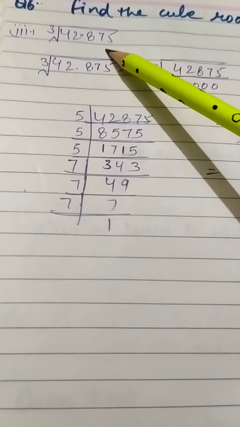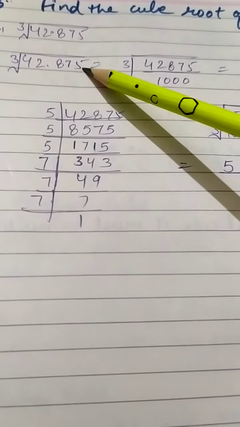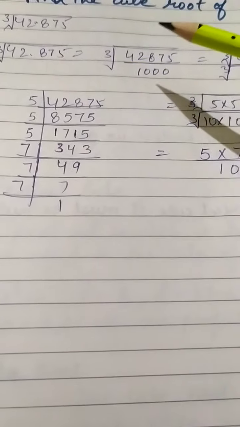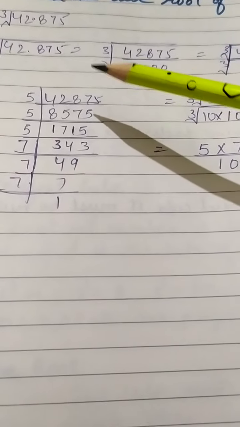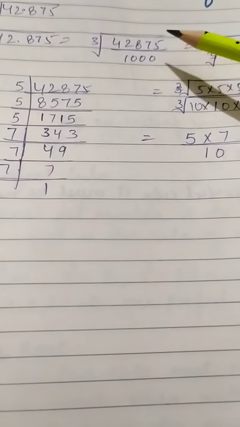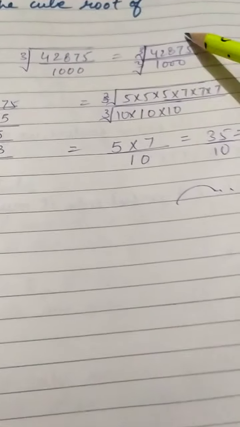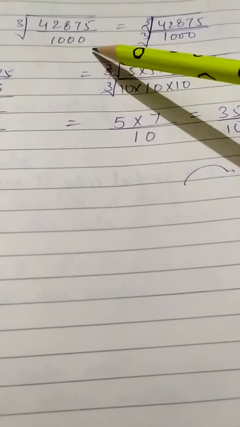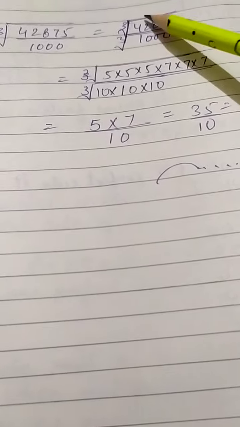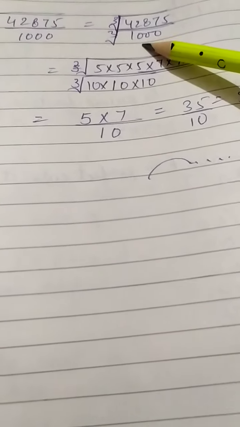You have to find out the cube root of this decimal number. Okay, so this is a decimal number. First of all we have to remove the decimal. All right, so if we remove the decimal from 42.875, it will become, 3 digits are there after the decimal, so it will have 1000 here in the denominator. Okay, then this has become our fraction. So like this we have to arrange the cube roots individually. Means we will find the cube root of this separately and of this separately.